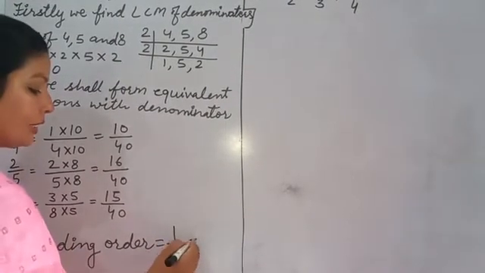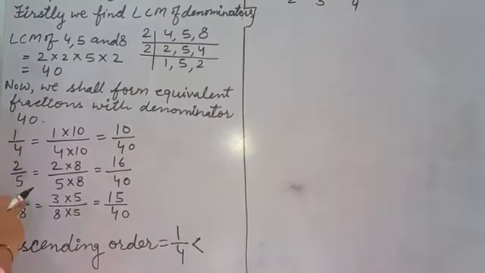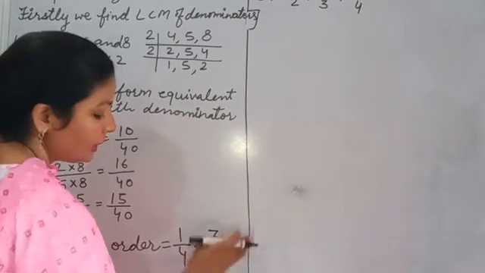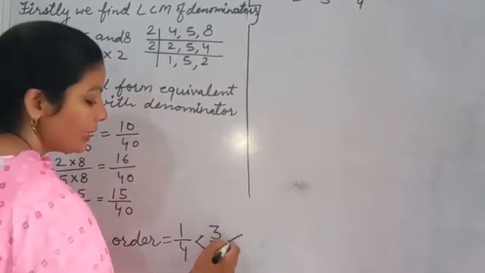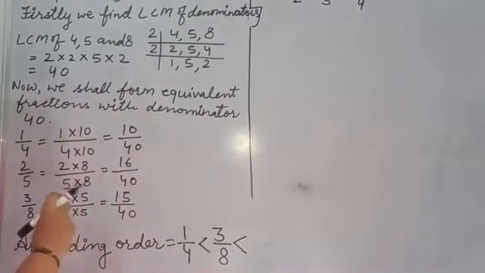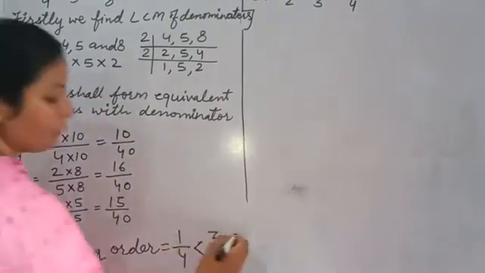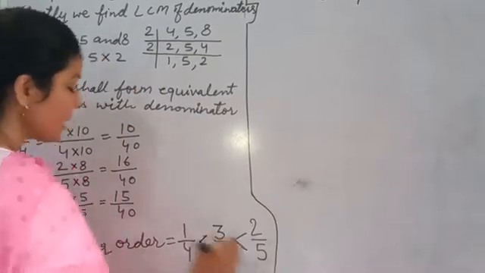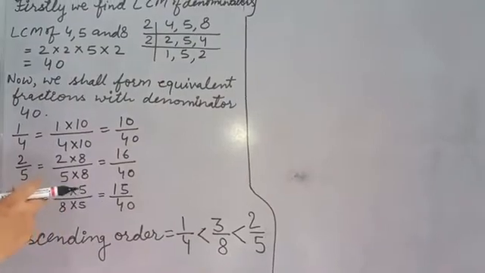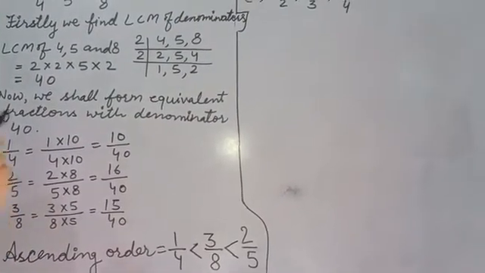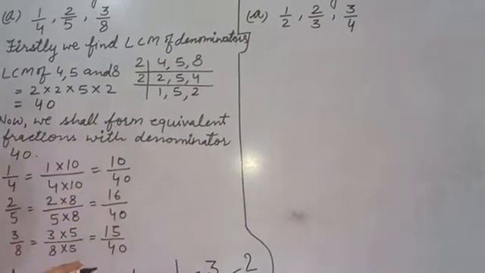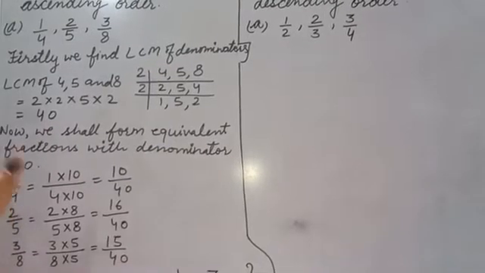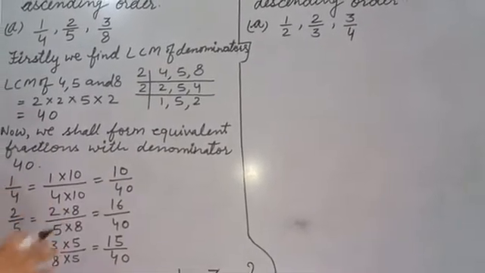This is the smallest one. Now which one is greater than this? 3/8. So we take here 3/8. Then after that, next is again we take less than symbol because we are arranging ascending order. Now next is 2/5. So I hope you get all the process. ऐसे ही आपको करना है. सेम यही प्रोसेस आपकी डिसेंडिंग ऑर्डर में होगी. Same process we should follow in descending order also. Okay, firstly we make denominator same, then we convert into equivalent fraction, and then we should compare.